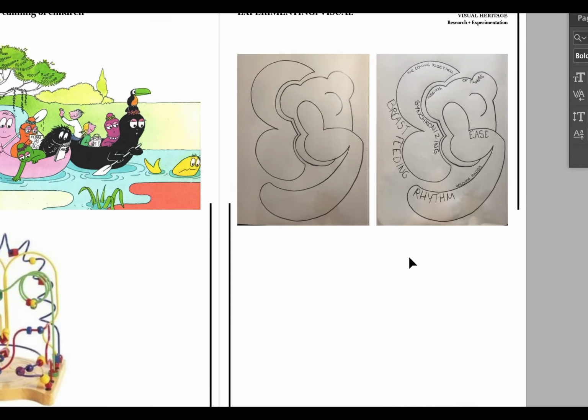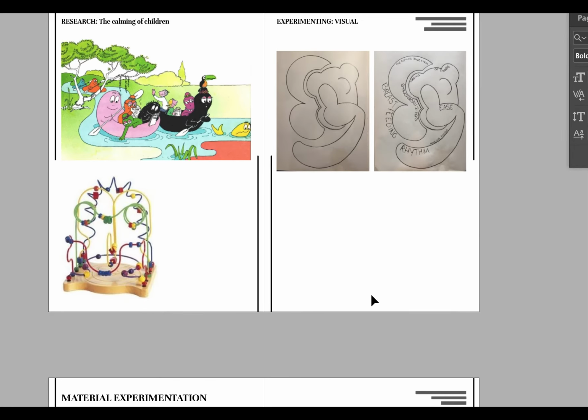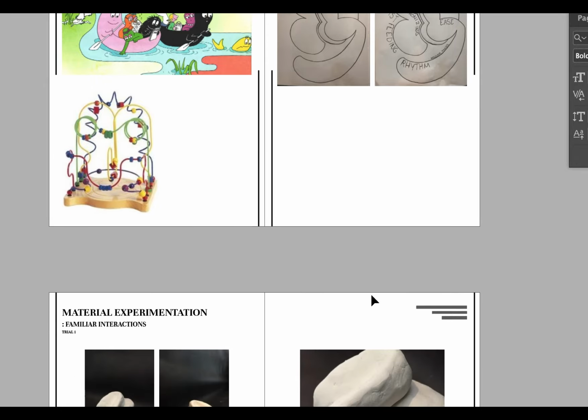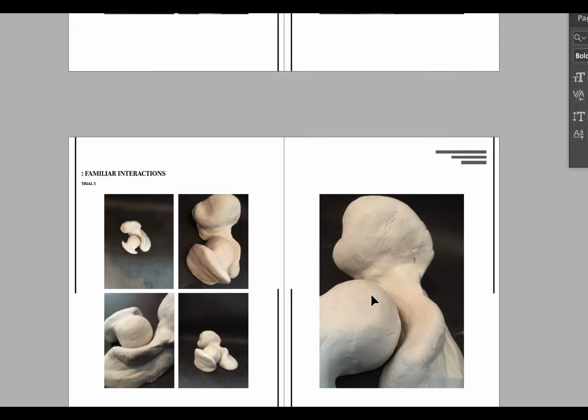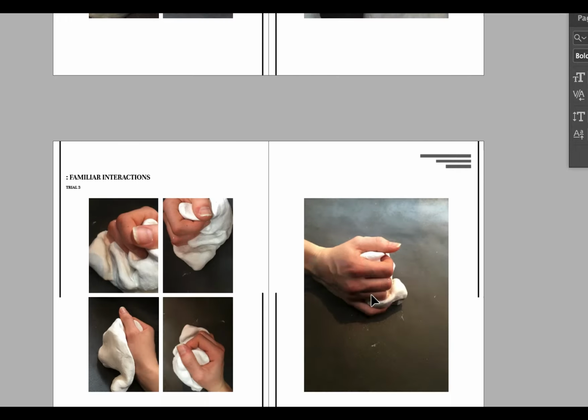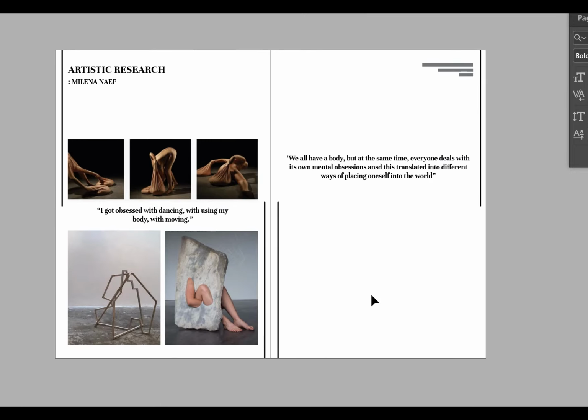Experimenting more, working with words and drawings just to create a more vivid idea in my head. Material experimentations again and again, trying out new things.